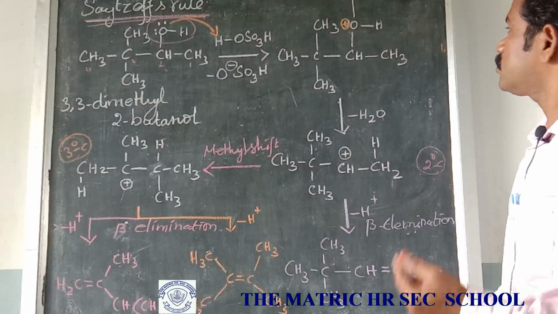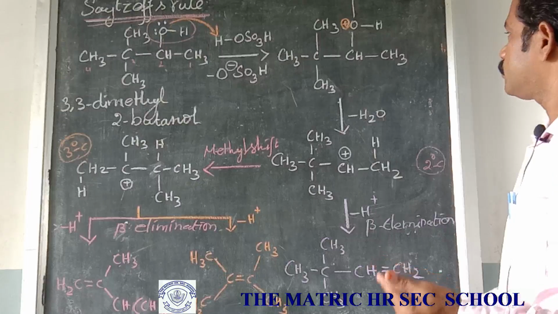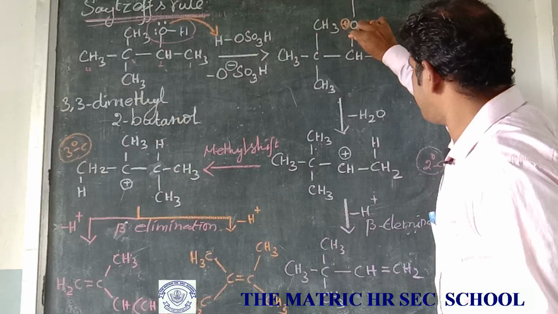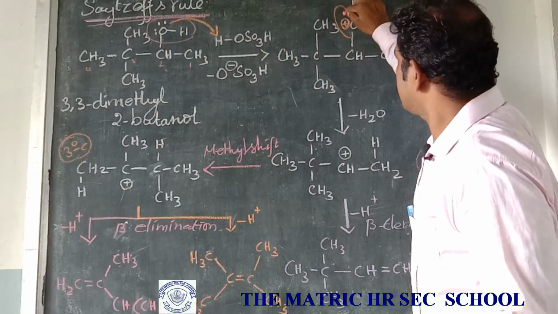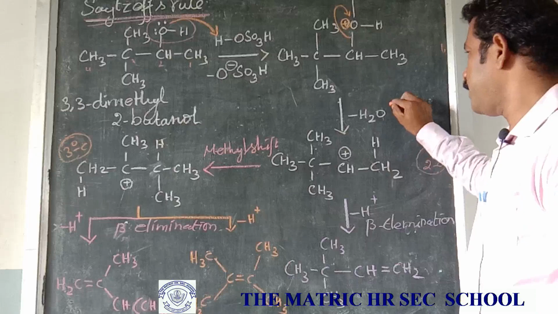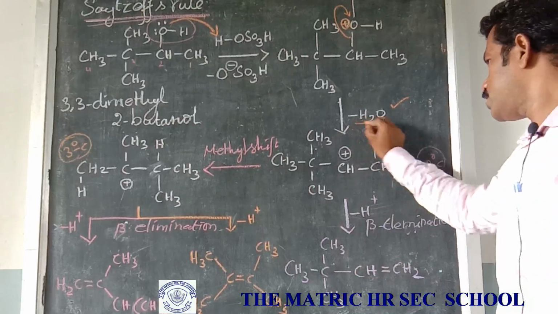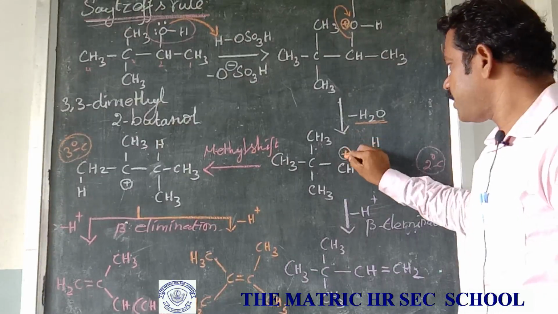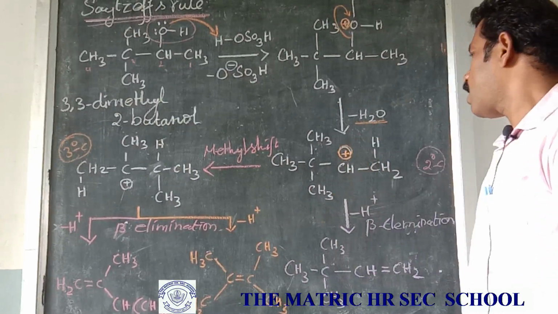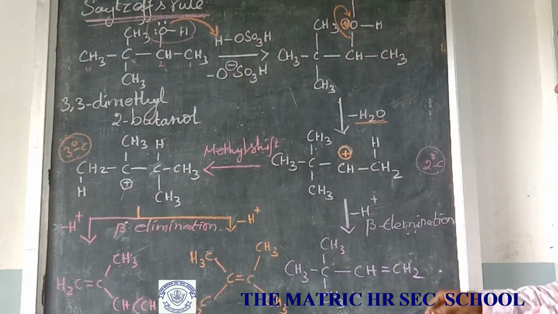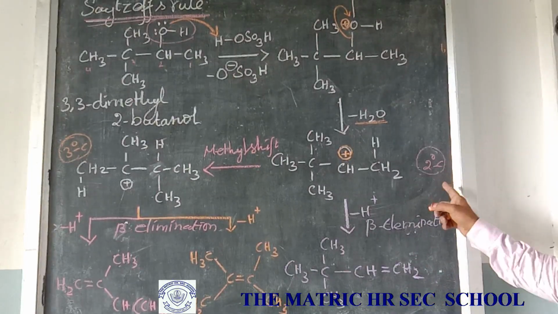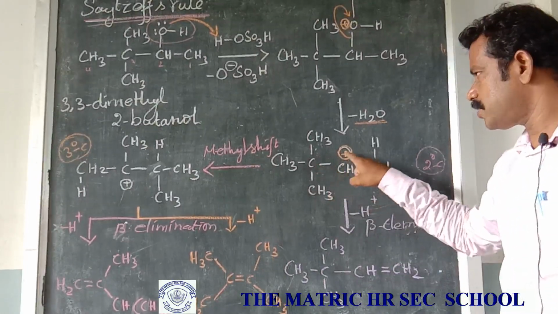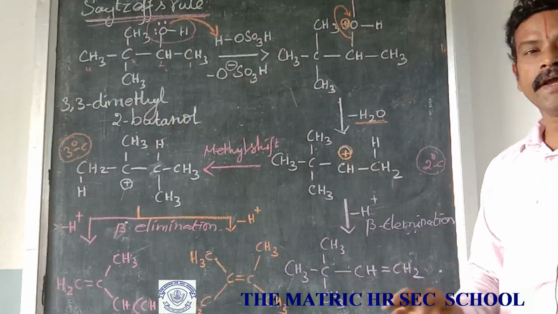Why? The oxygen is present with 3 valency, so it is an unstable compound. So the oxygen accepts the electron into this valency. It is eliminated as H2O. Remove it, so the carbon is getting the positive charge. This is the carbocation nature. Which carbocation? Secondary carbocation nature. Why? The carbocation is attached directly to 2 carbon atoms. So this is the secondary carbocation nature.